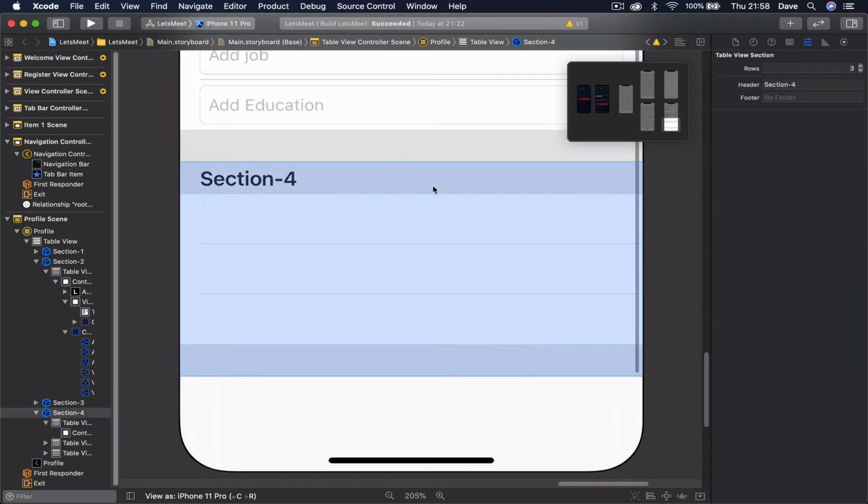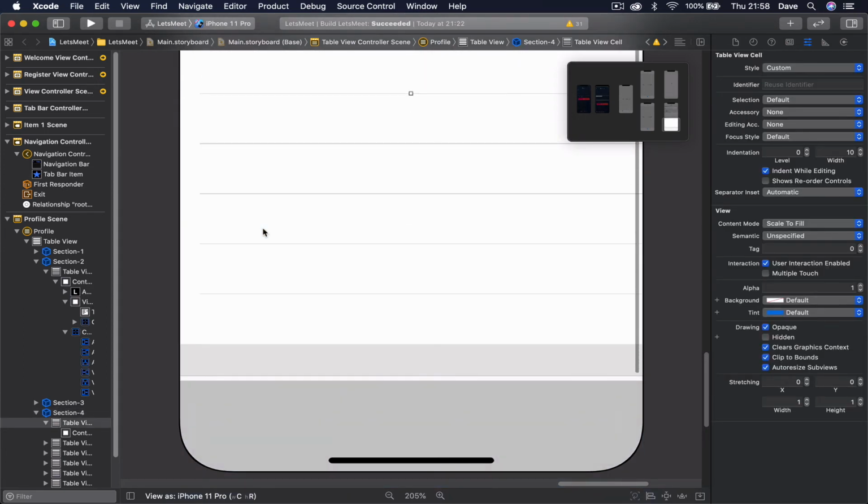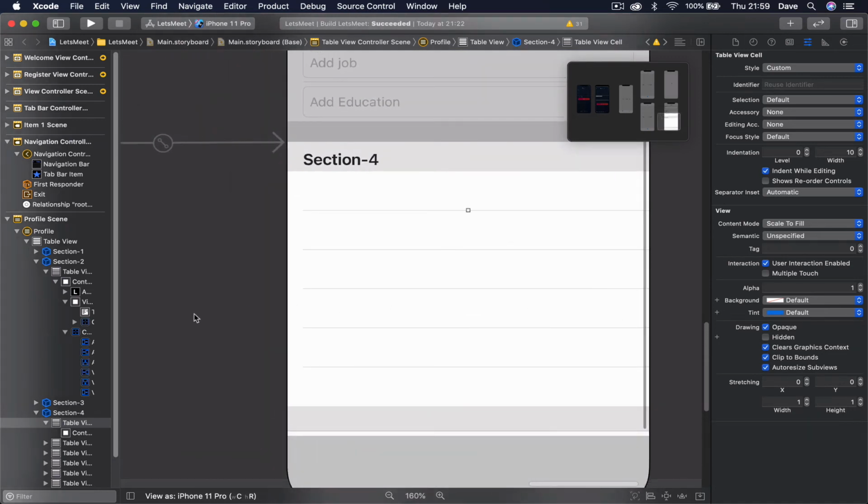So select the section. You can see here header is section 4, rows 3, we say we want 5. Actually, we want 6. So one of them is going to be our title. So just select this section, scroll it, we have everything visible, and I'm going to zoom out a little bit